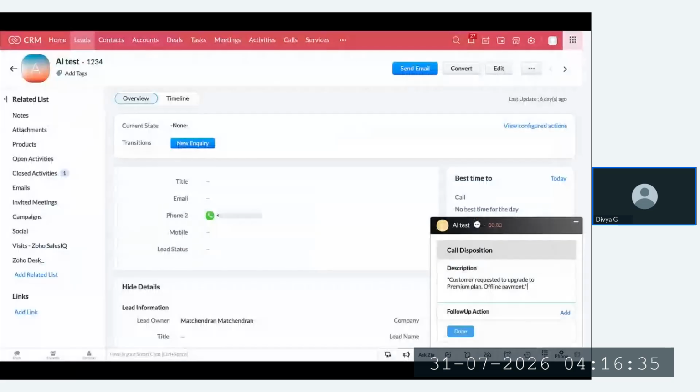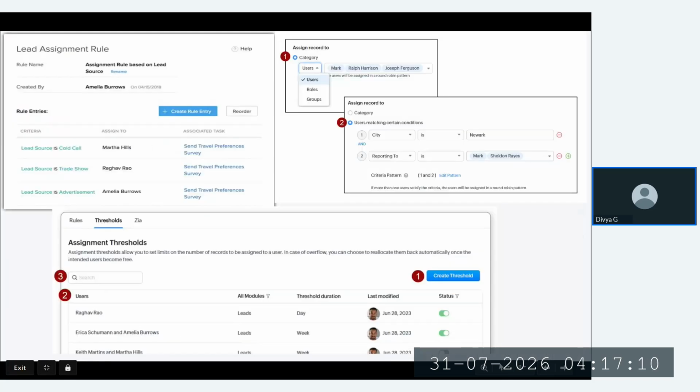Instead of sharing a real live demo, I'm giving a screenshot of a lead. This is a lead page where all the details like name, company, everything will be captured. And based on the assignment, an owner or a user, a team, will be assigned to this lead.